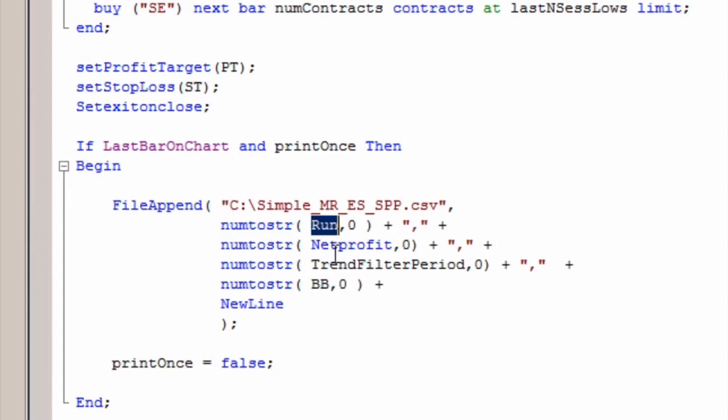We're going to take our run number, our net profit, and we're going to throw in also here our trend filter period and our BB value. And you can see what this will do is convert that number into a string so it can print it out into a file and then place a comma. It'll print out net profit and then place a comma, trend filter, place a comma, and then finally our BB value. And it's going to append that onto a single row in this file, and then we'll do a new line,